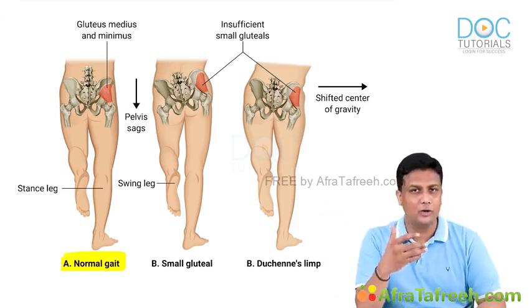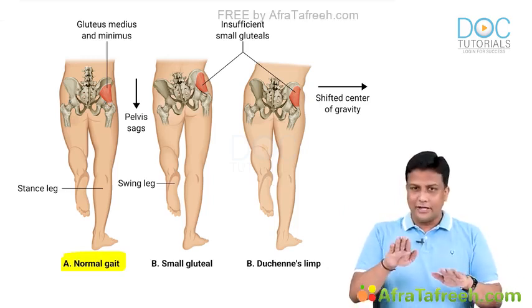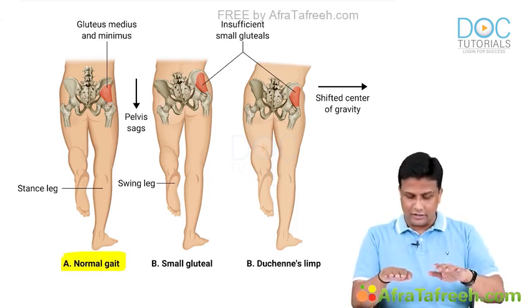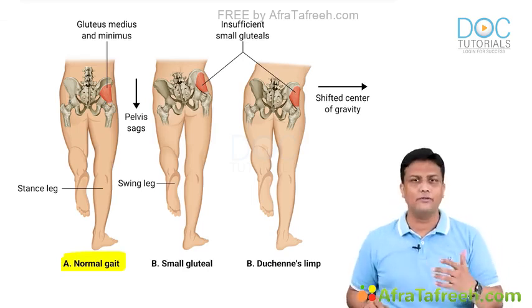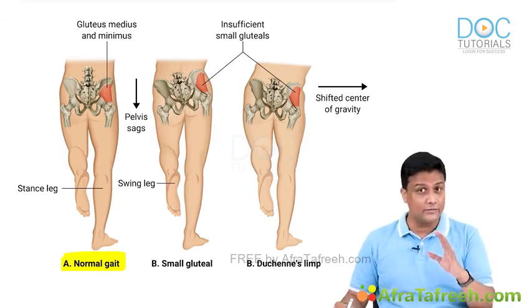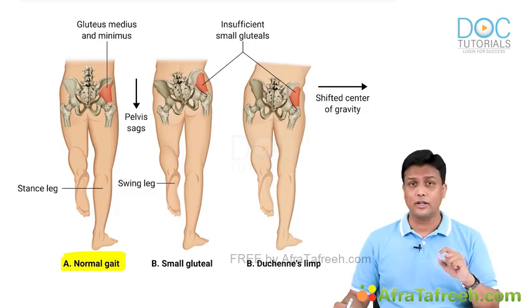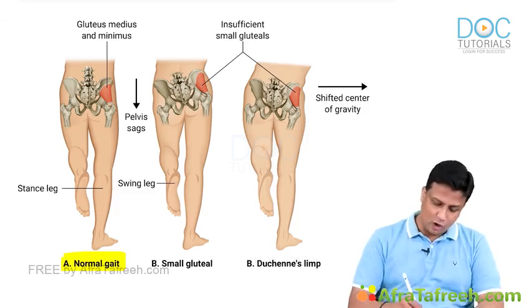Like a normal person like you and me, how are we going to walk? Guys, for example, when the right foot is on the ground and we are lifting the left foot, the left foot is in the air, or we can say the left foot is off the ground, then what is going to happen? I'll tell you a little bit slowly here, try to understand very carefully. This is one of the most important things where examiners confuse the students, guys. When I take the left foot off the ground,